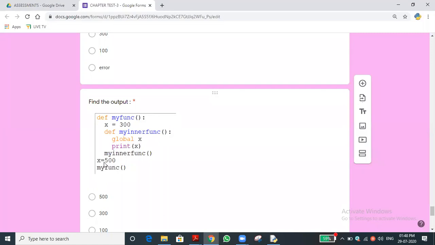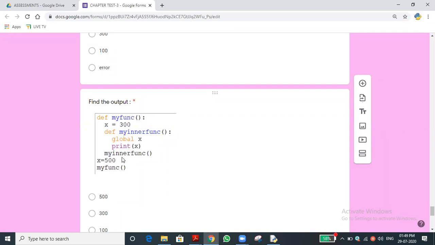Below global x, if I write x is equal to 300, it will make changes over this variable.